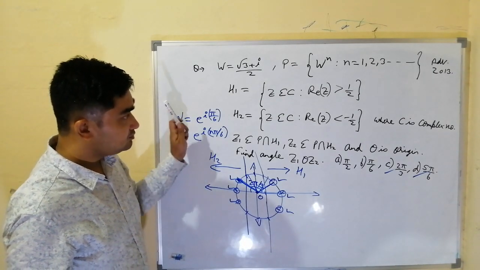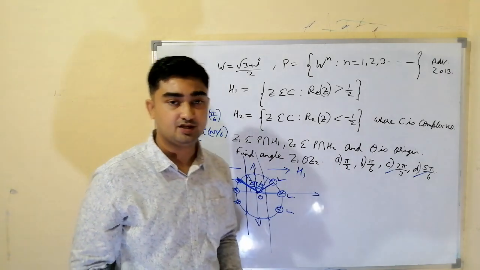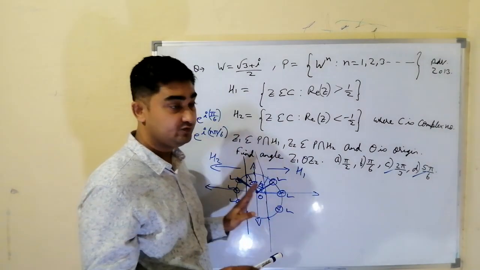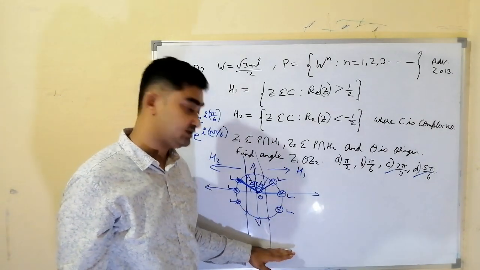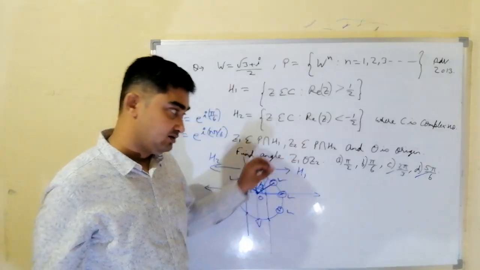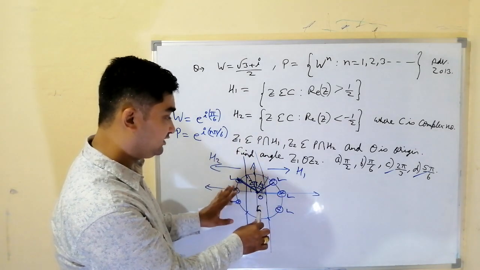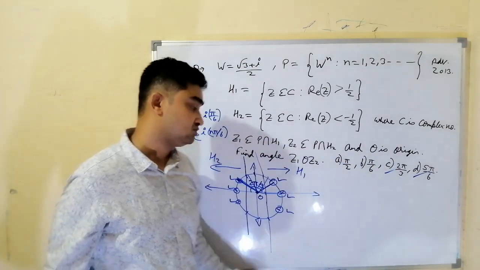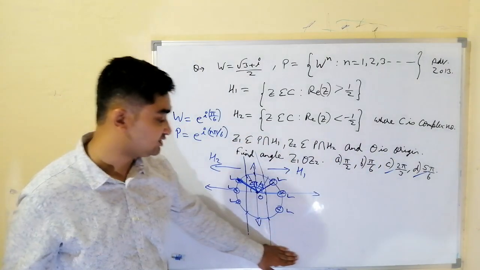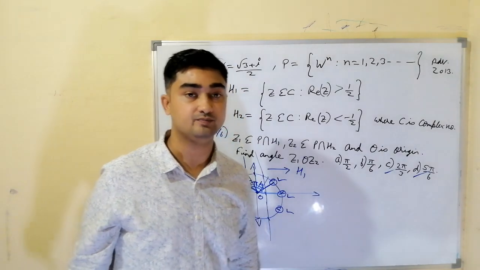So whenever a problem from geometry is given in complex number, first thing we have to do is to plot the given information in the Argand plane. Plotting this information, try to find out what is asked, and looking at the figure we can very easily find out whatever is asked. So main point is plotting these points in the Argand plane. So now we'll move to the next problem.